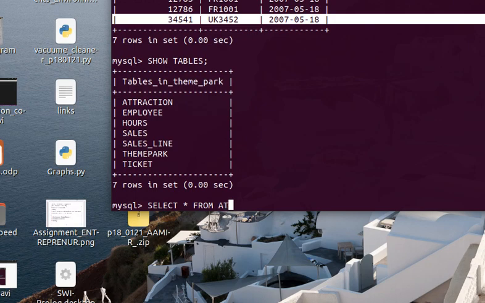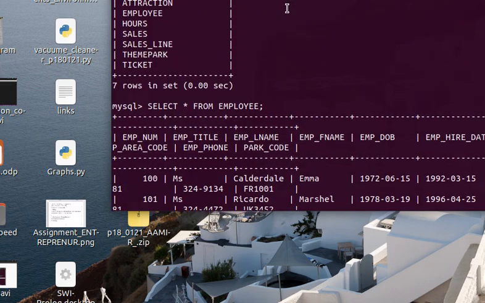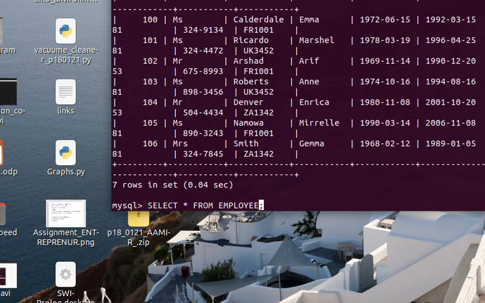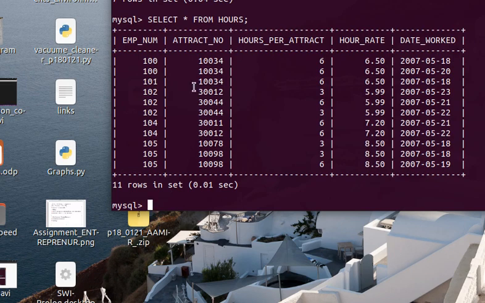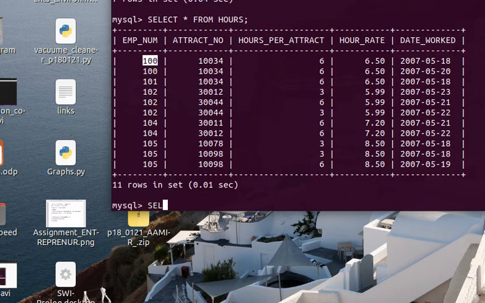Select everything from first. We will check employee information. So this is too much. So let's create hours. This is good. So this is the information in the table hours with the employee number and attract number, and select everything from attraction table.